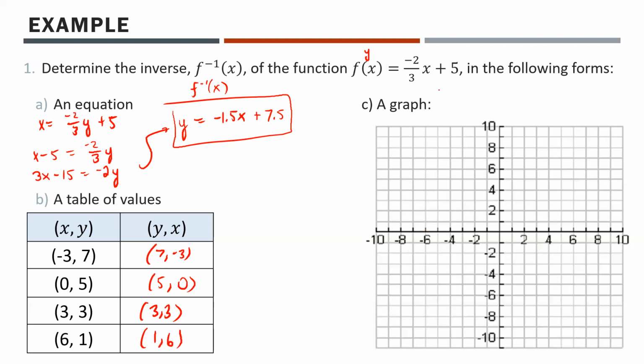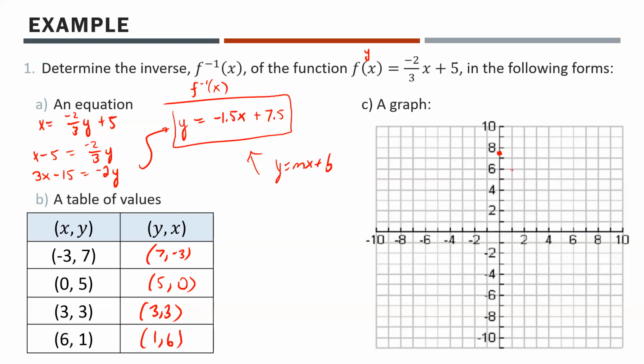You can graph the original function too if you really wanted to. I'm going to be lazy. I'm not going to bother. To graph this, notice that this is a linear equation, like a y equals mx plus b. To throw back to like math 9 and math 10. The b value is your y-intercept. So we have a y-intercept of 7.5. So we know we're going to start there. And then we have a slope of -1.5, which means we go over 1 and then down, because it's negative,